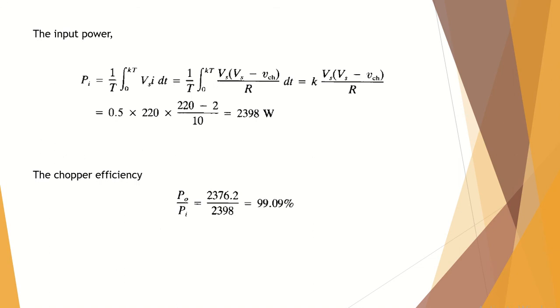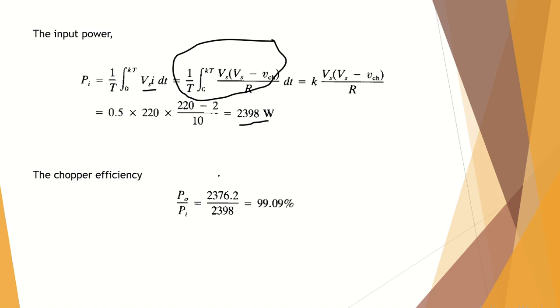What about the input power? Input power will be the same formula, 1 by T integral from 0 to KT of Vs into I. Vs, we already know the value of Vs. What will be the I? I will be the current through the circuit. So what will be the current through the circuit? It will be calculated across the R. What is the voltage across the R? Vs minus voltage drop across the switch divided by R. So if we put this formula over here, we get